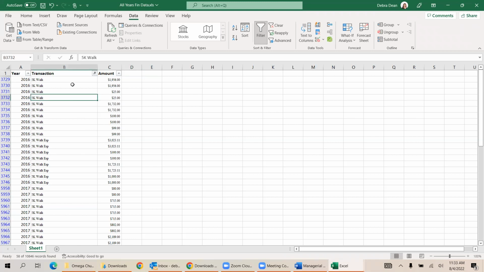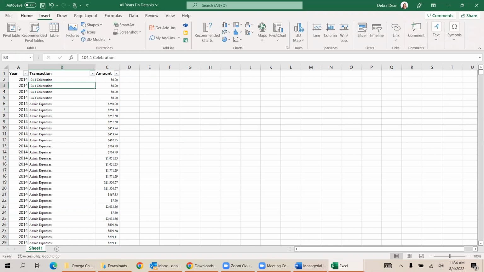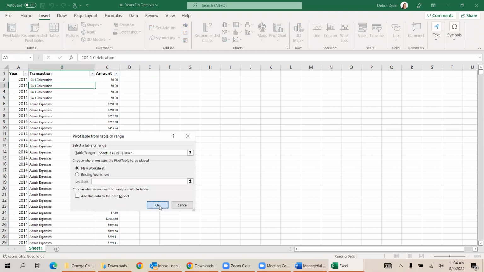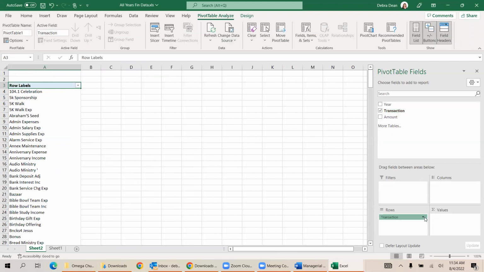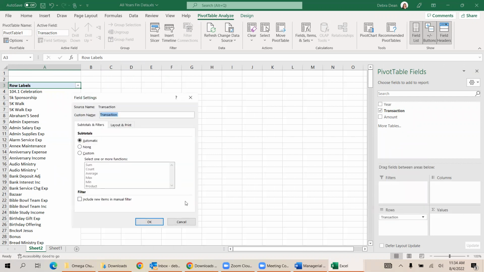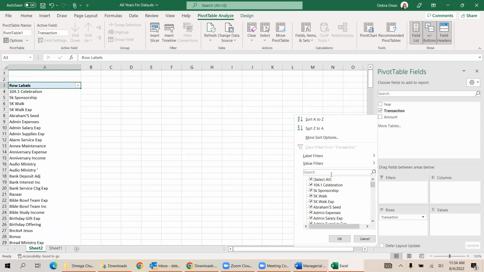So one way to do this would be to actually do a pivot table. So let's clear our filter, go in and do insert pivot table. Okay. Now we can look at the transaction, which in this case, let's take a look at those, that walk. Let's see, let's get this where we want it. Oh, up here. So anything that has to do with walk, and we could even search for the word walk in case they've